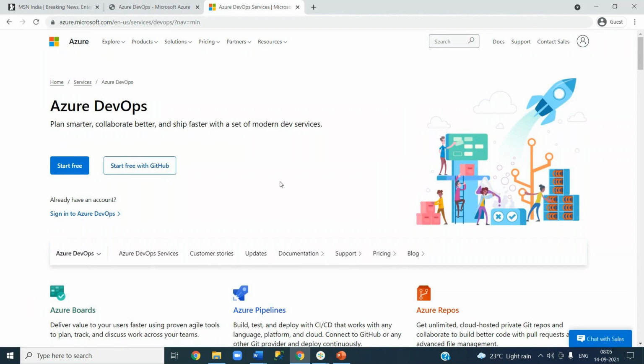Okay, there is a difference in terms of free licenses between Azure Cloud and Azure DevOps. When you sign up for Azure Cloud, your free credits are valid for 30 days. After 30 days, your free credits will be expired if you don't use it. For Azure DevOps, your free account is valid for 90 days. So that is a very big amount of time. You can happily learn each and everything.